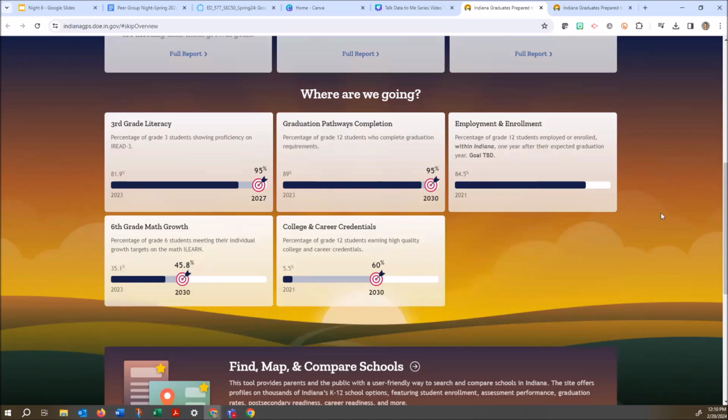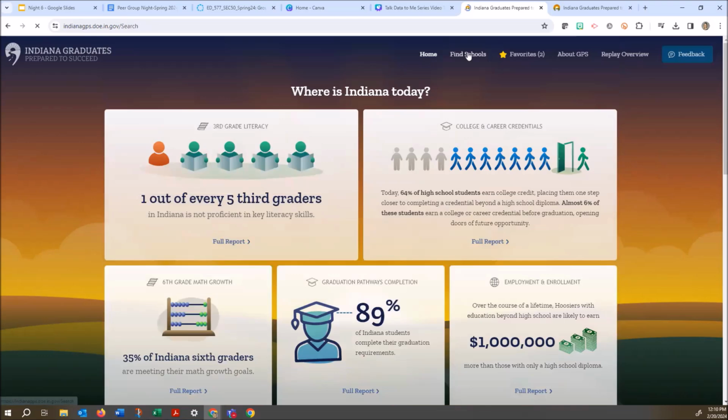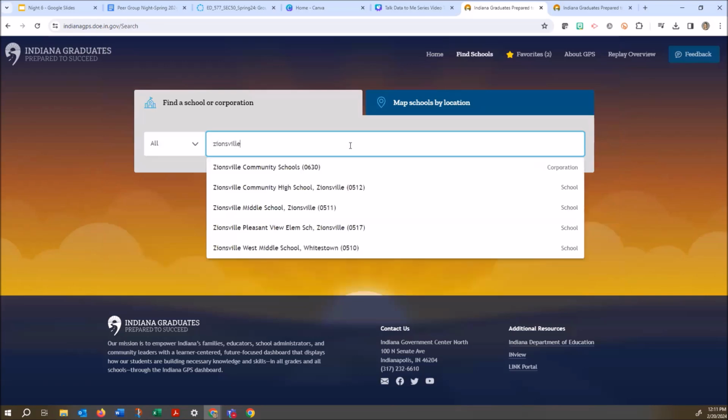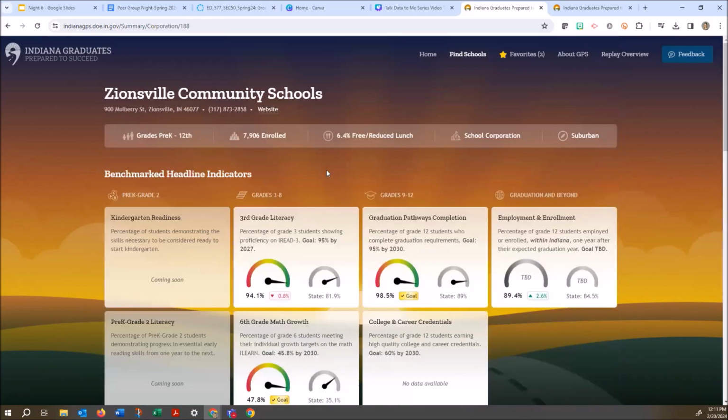The next feature I'm going to show you is how to look up your district data. So you can go to the Find Schools button. And we are just going to use Zionsville as an example today. And you can see that it pulls up Zionsville Community Schools district webpage. At the top, you'll see a data bar that this will eventually replace Indiana's InView. So if you were using that to find school and district data, this is where all of that will be